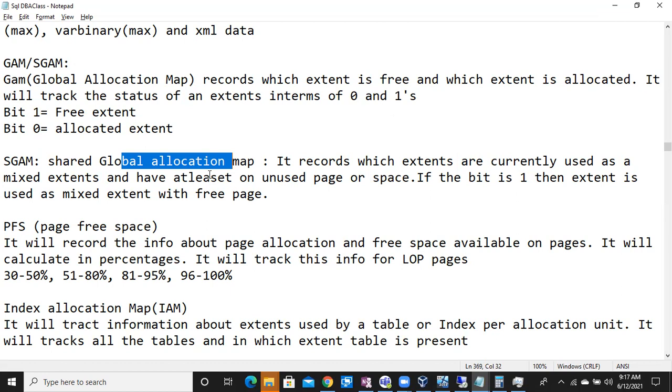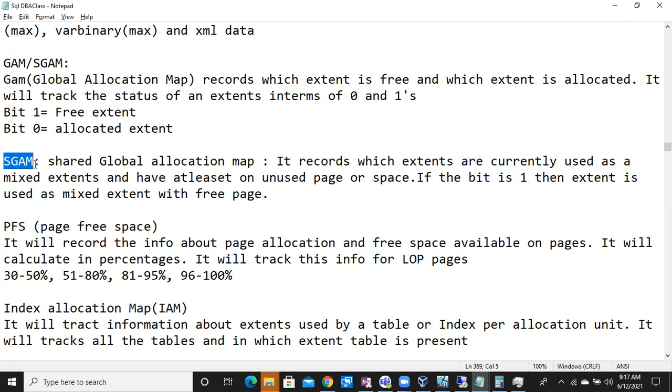Because the SGAM page tracks mixed extents with at least one unused page. Whenever you create a new table, it allocates an unused page from a mixed extent, and that information is tracked by the SGAM page. SQL Server always depends on the SGAM page while creating new objects.